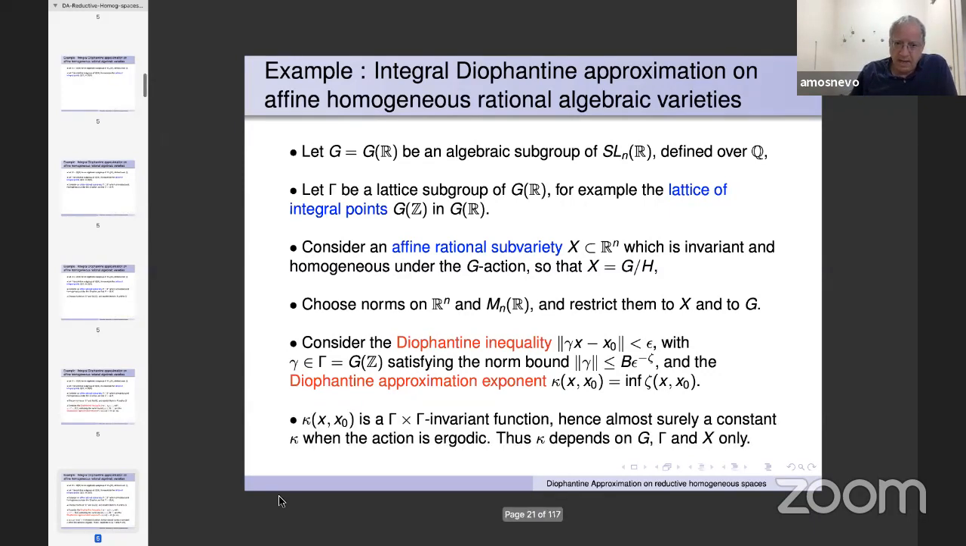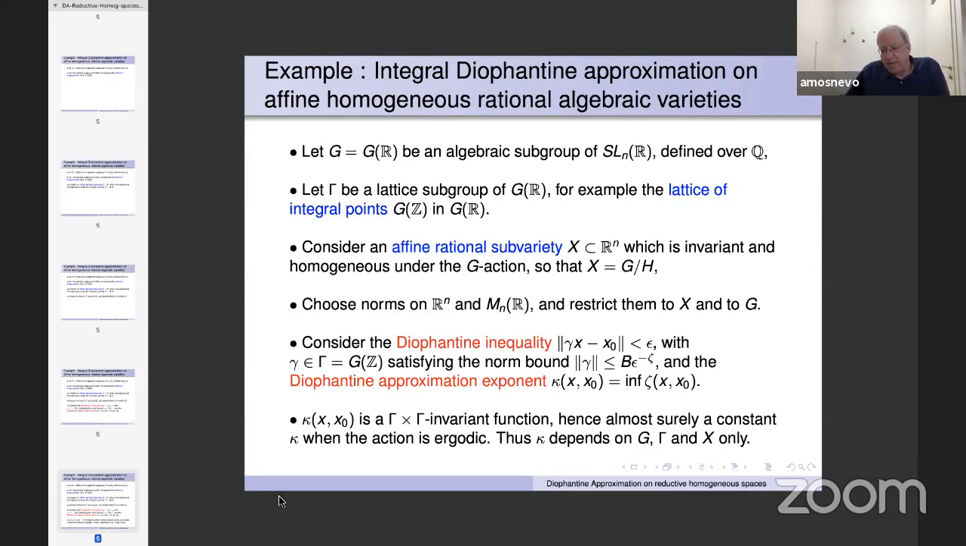And now, one thing I should say immediately: given all of our choices, in particular the norms and this linear context, the exponent κ(x_0) is in fact a Γ times Γ invariant function on G mod H. And because Γ is going to be ergodic on G mod H, a Γ times Γ invariant function on the product is almost surely a constant. And so we do have one number, and not a function, well, a constant function of the pair x_0,